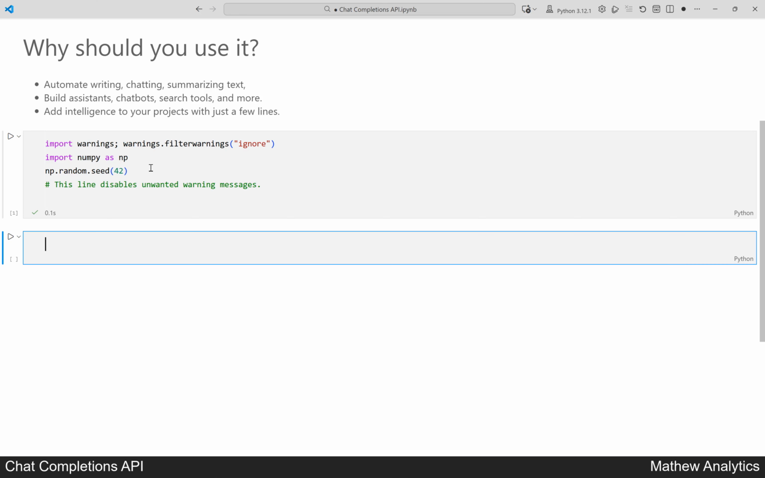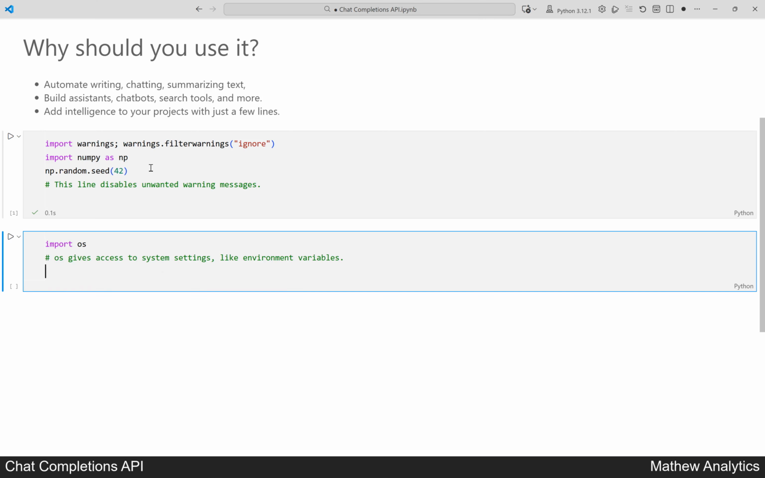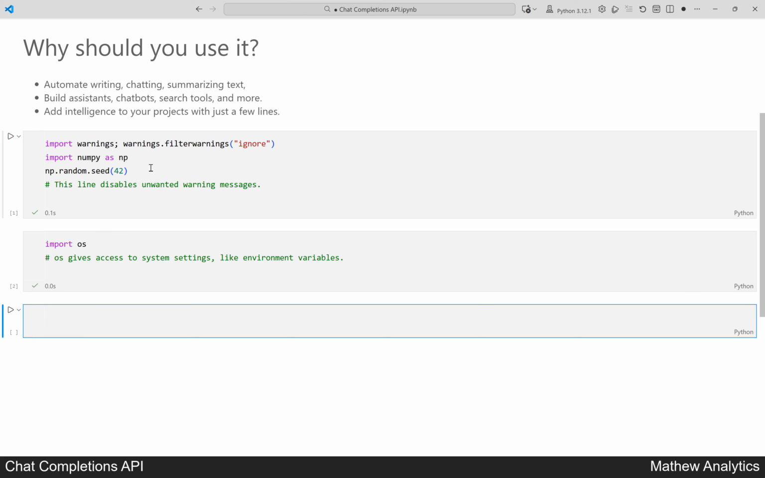We need to access your API key that is stored securely in your environment. The OS module helps with this. We import OS. This lets us access environment variables. OS is a Python built-in for working with the operating system. Here, importing the OS module sets us up to interact with system settings, such as environment